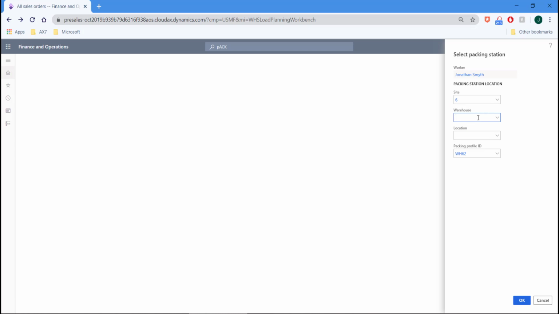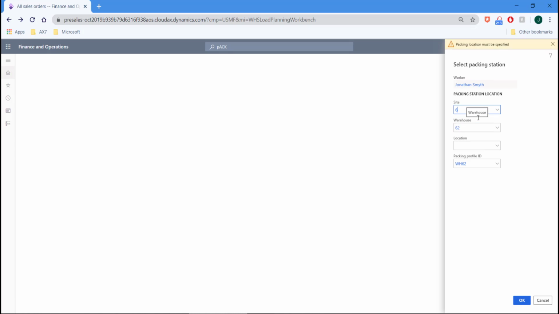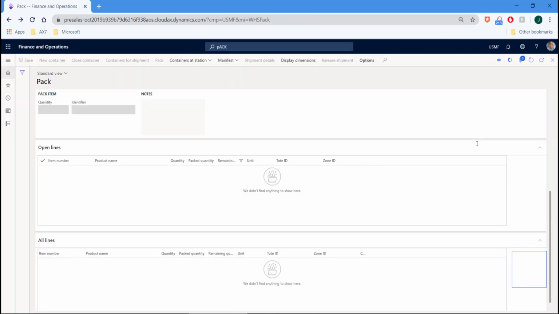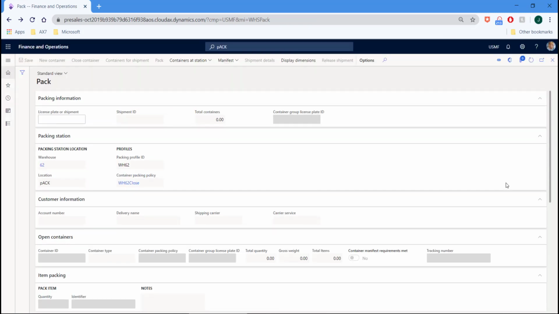Let's work on warehouse 62, and packing location I will select the pack station. The system has taken me into the packing station area, so what I now need to do is just to scan the license plate for that temporary container or trolley that I've been using to perform my picking. So if I scan the license plate for that,